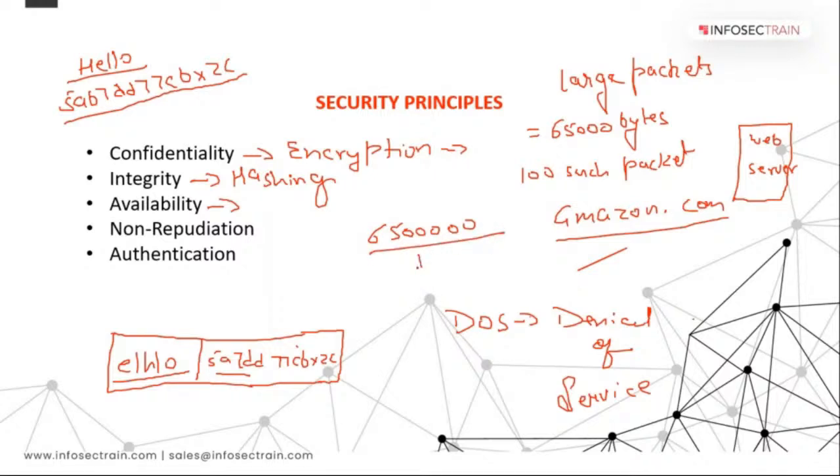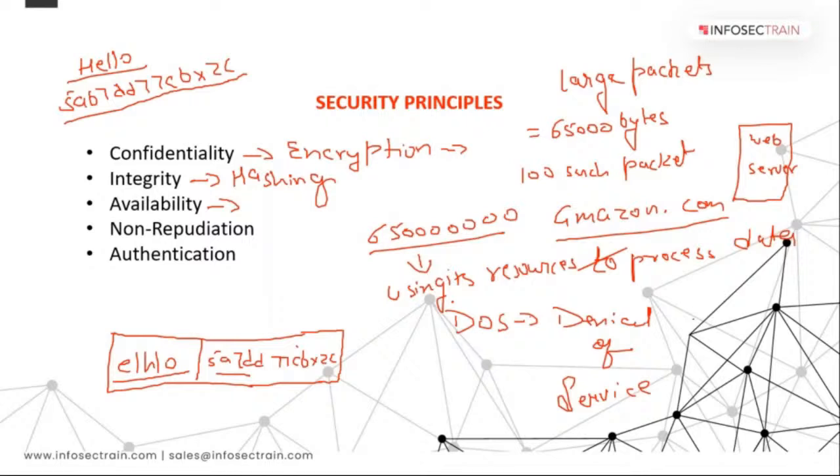Server will be using its resources to process the data, right? Now what it has done, server has deployed not only this, let's say I have sent this many more packets, right? So server will do what? Server will deploy all of its resources in processing that data, because this is the work of server. They have to process the request, right?